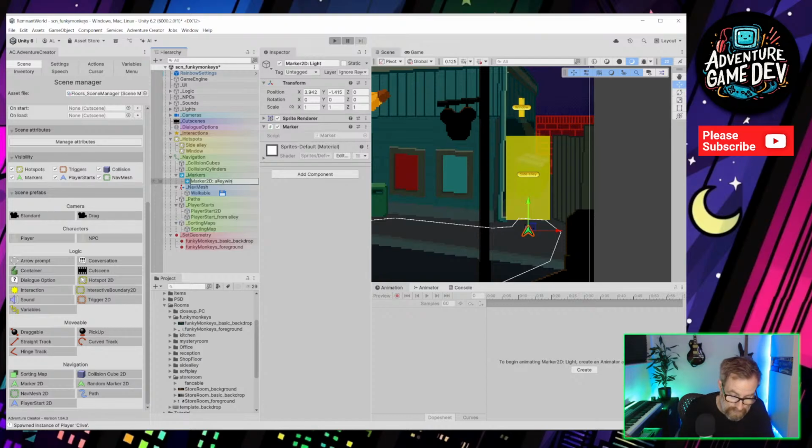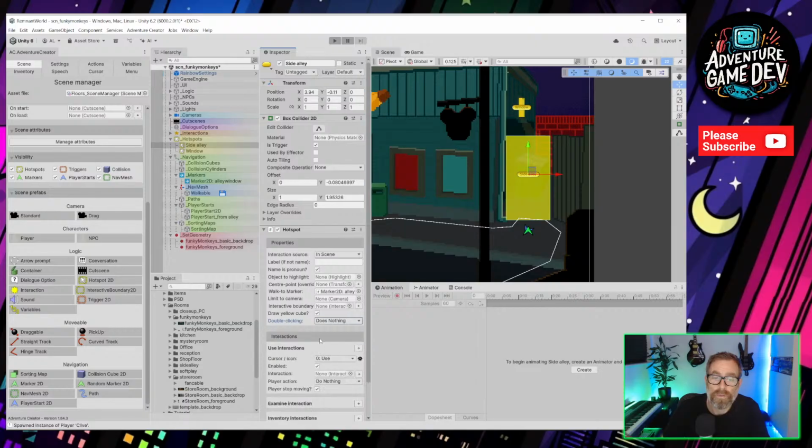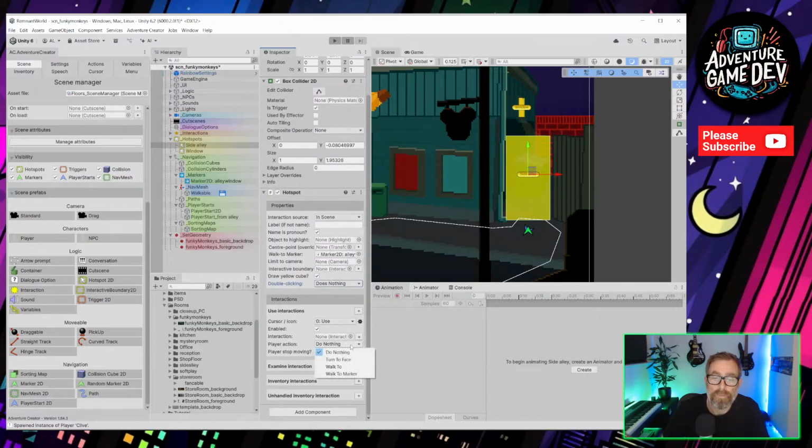Call it alley window because it's going to be used for both here. So the side alley window, use that as the marker. And the use interaction. Should walk to the marker. Face after moving.